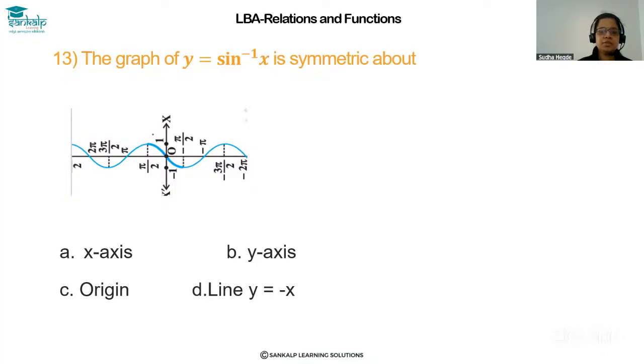Hi students. The question is: the graph of y is equal to sine inverse x is symmetric about. So let us first see the graph. The graph is like this. At 0, at pi by 2, it is